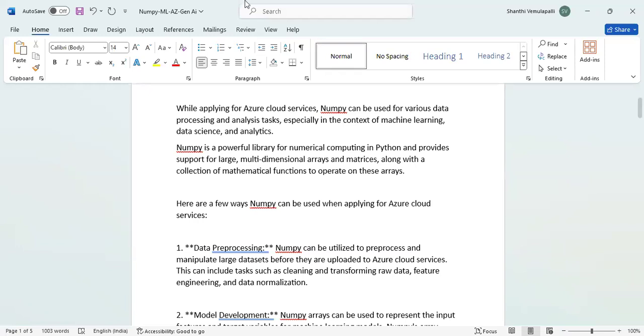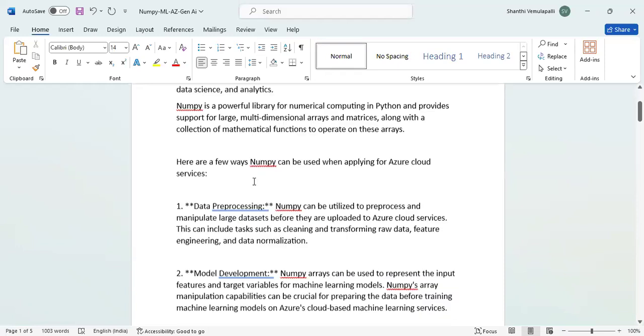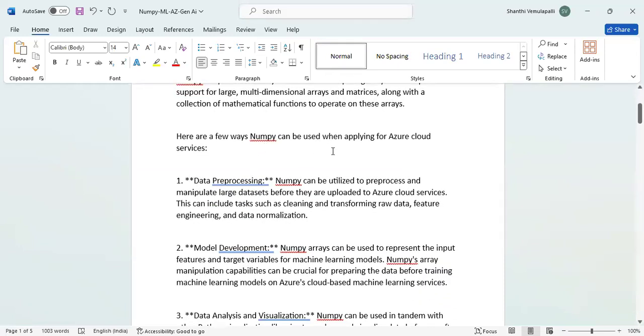In the same way, NumPy has that kind of capability, with statistical analysis tools along with mathematical functions. So, here are a few ways NumPy can be used when applying for Azure Cloud Services.